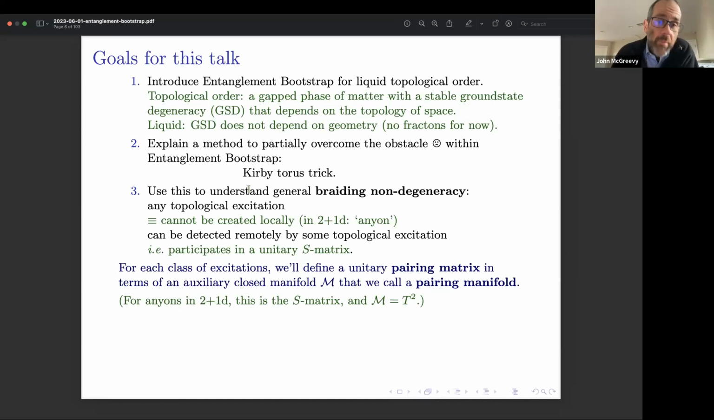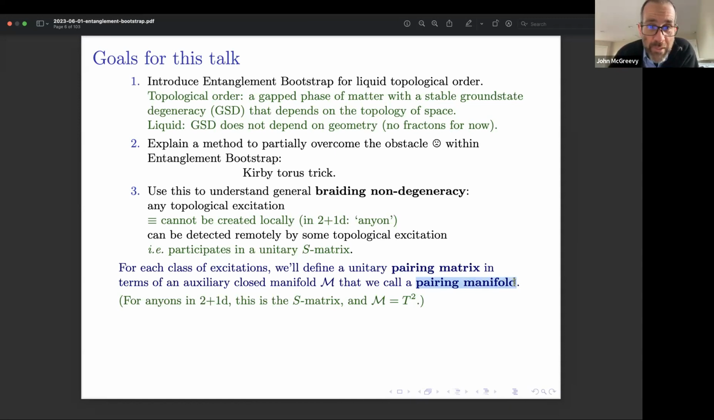It's the idea that any topological excitation can be detected by some other topological excitation. By topological excitation here, I just mean some excitation that can't be created locally. So if it's a particle in 2+1 dimensions, that's an anyon. This braiding non-degeneracy is the idea that any anyon or any topological excitation braids non-trivially with some other topological excitation. And that's something that we can prove within this framework. The way we'll prove it is by introducing this notion of a pairing manifold,